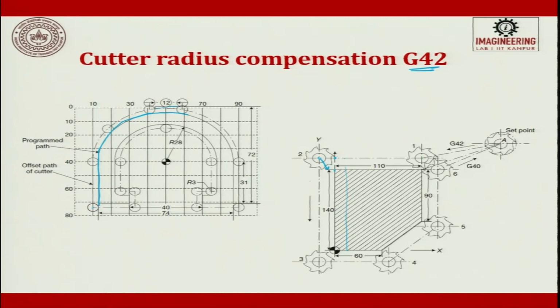This is your point 2, then comes point 3, then point 4, then you move along to point 5. At point 5 you see there is a taper. So we define up to this point 5 and then the cutter starts moving along this line and goes here. This is nothing but cutter radius compensation G42. We said G41, G42. This is cutter compensation G42, the code for the outer.